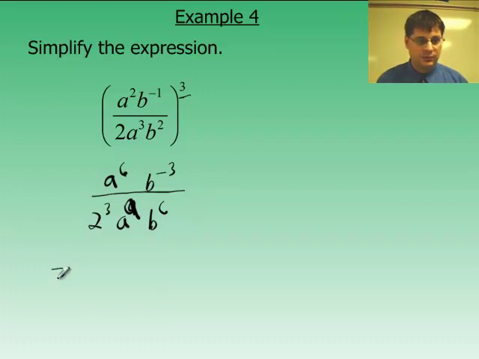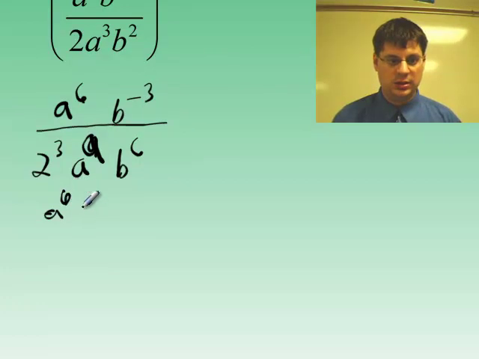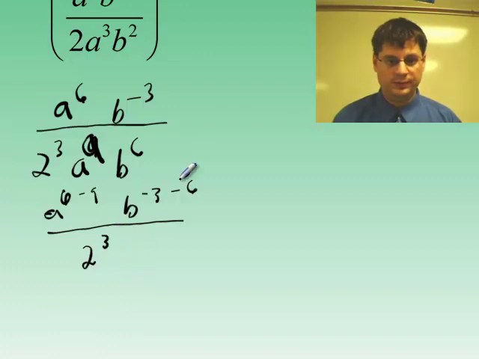Then I will evaluate my division. So here I have a to the 6th, and I have a to the 9th in the denominator. So up here I'll have a to the 6th minus 9, and b to the negative 3 minus 6 over 2 cubed, equals